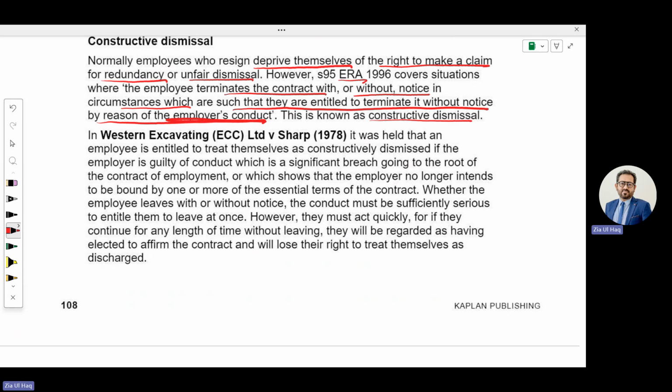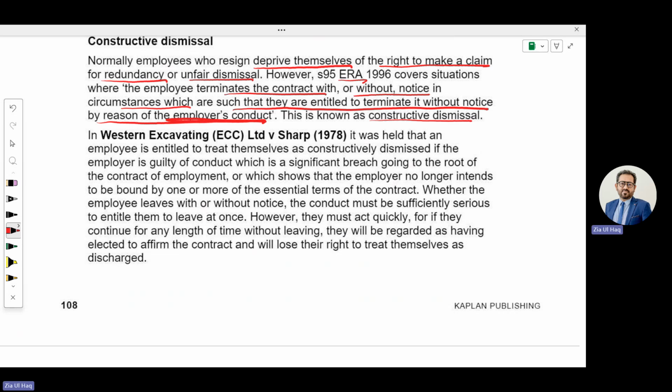He is not allowing the employee to work as per the contract of employment, or which shows that the employer no longer intends to be bound by one or more of the essential terms of the contract. Whether the employee leaves with or without notice, the conduct must be sufficiently serious to entitle them to leave at once. However, they must act quickly, for if they continue for any length of time without leaving,